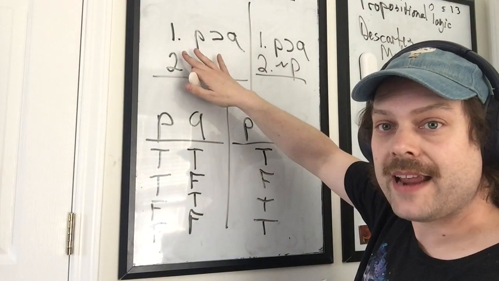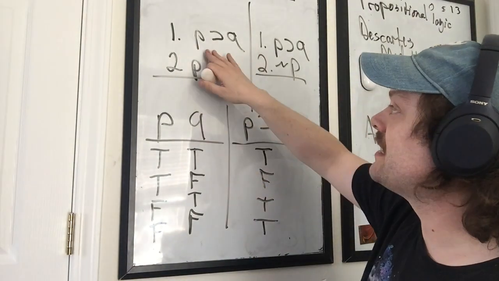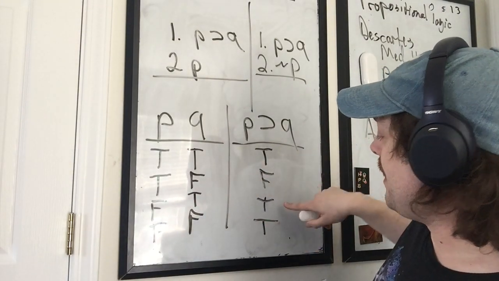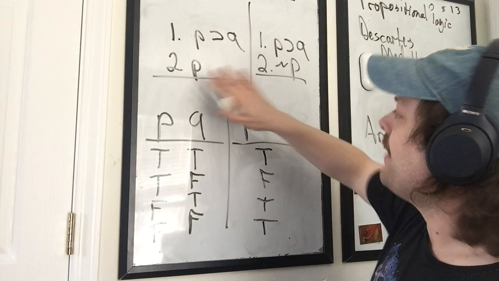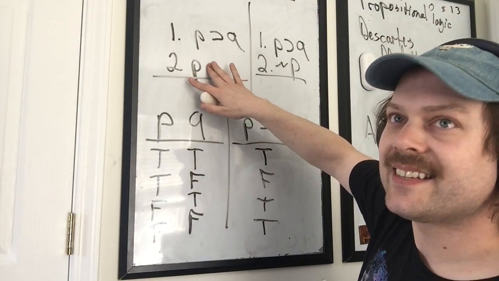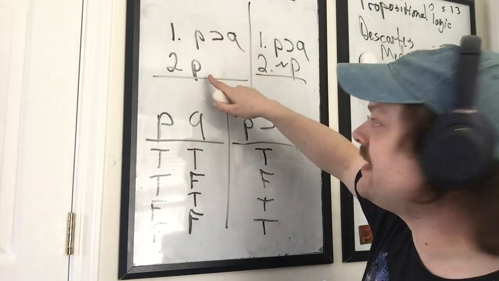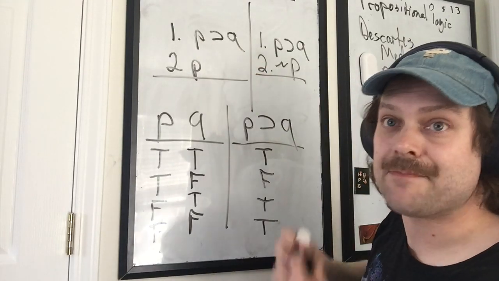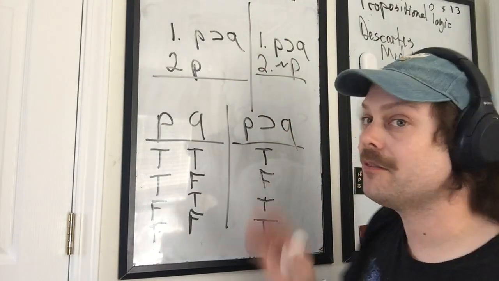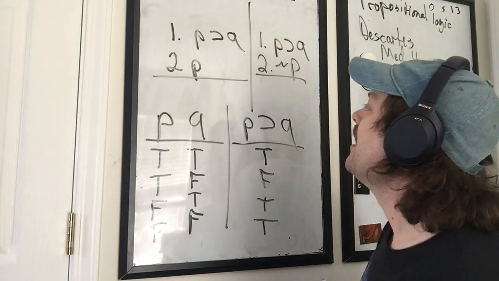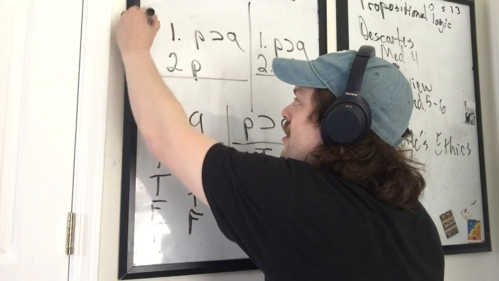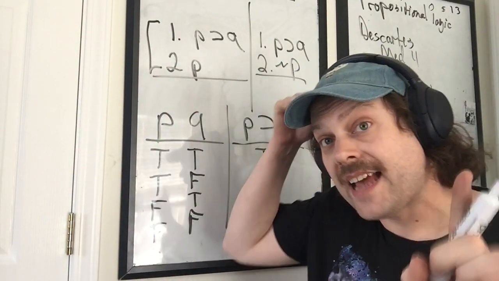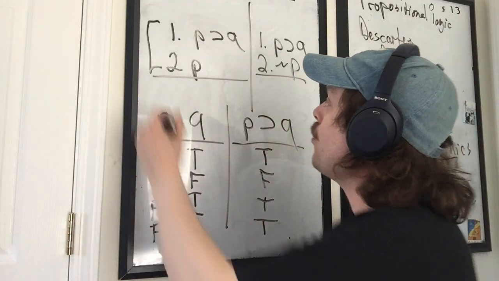So here we have a premise that says, if P, then Q. All right, let's just keep going. And our second premise says the antecedent of that conditional as well. It posits the antecedent of that conditional. Posits, that's an important word here. Okay, so what we do when we make our inferences, what we do when we test for validity, is we